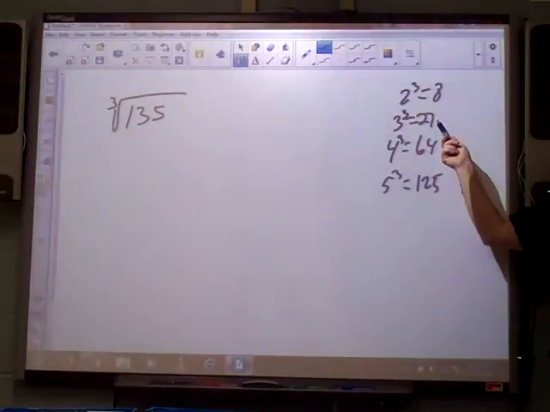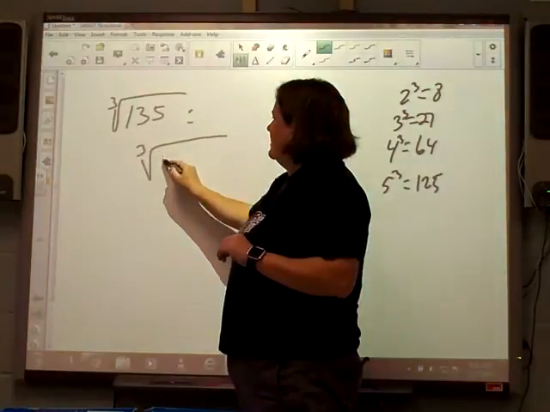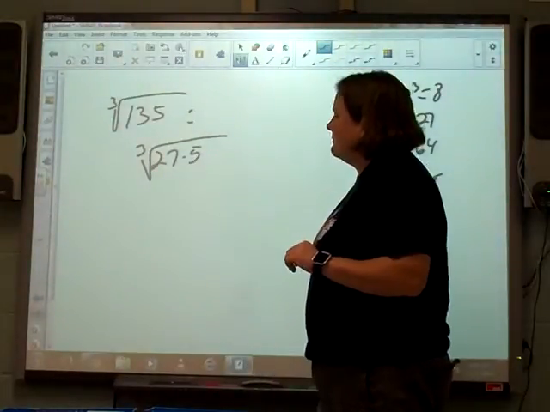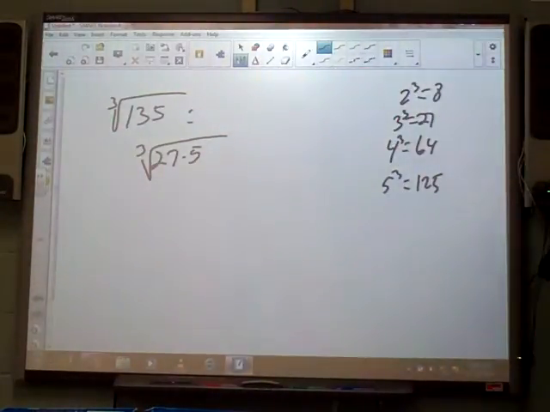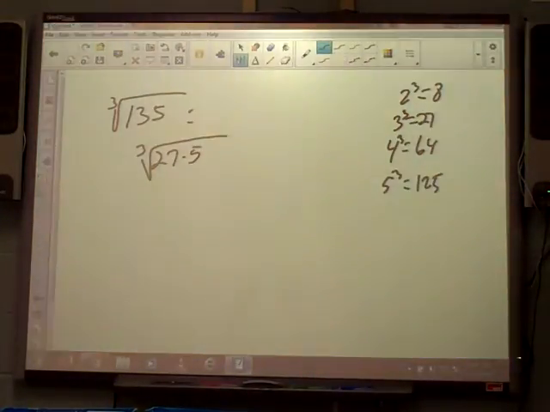Yeah. How many times? 5 times. So this is the same as the cube root of 27 times 5. Now we've done this before with square roots. It's the same thing. What's a perfect cube in this case gets to come out and play wiffle ball. What's not has to stay in the house. Remember that?